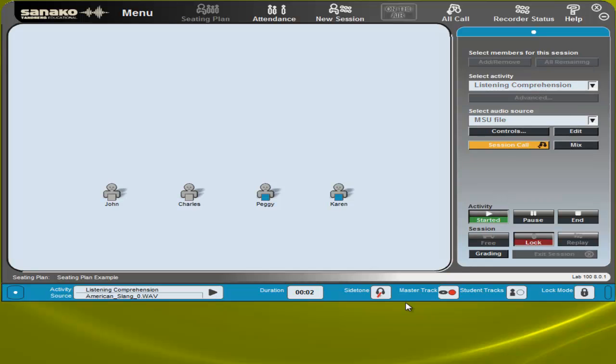As you can see from the addition at the bottom of the page, the blue students, Peggy and Karen, are attached to the listening comprehension activity using the American Slang file. What I want to do now is set up a second session within this group. As I click New Session again,